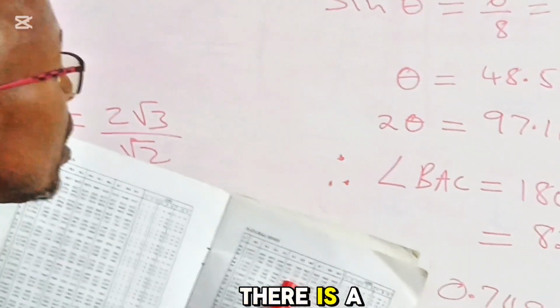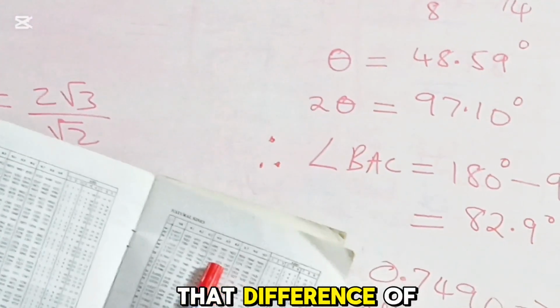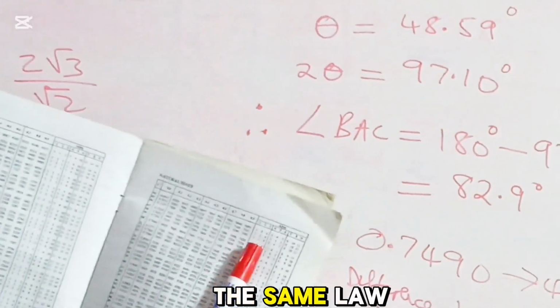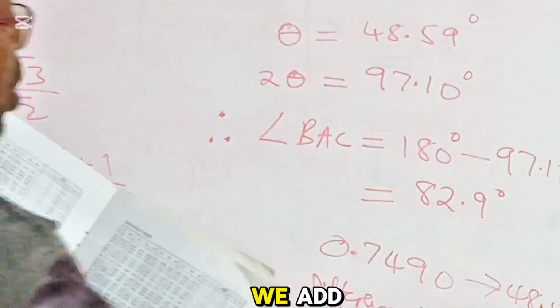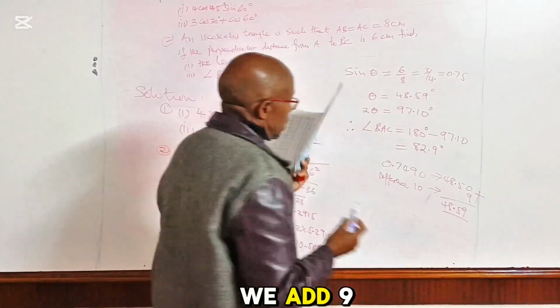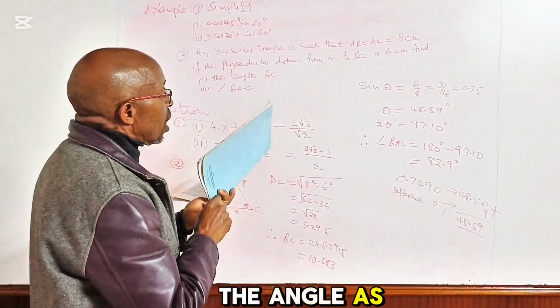There is a difference of 10. That difference of 10, when you follow the same row of 48, gives us 9. The instruction is addition. We add 9 and you get the angle as